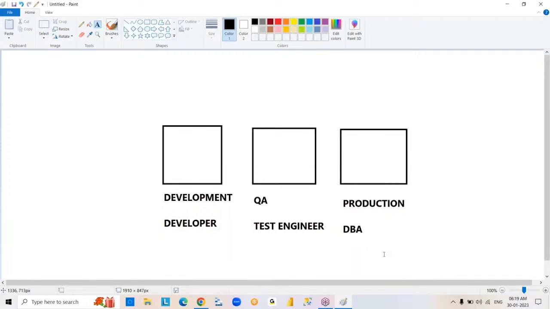We are going to work with different types of versions from SQL Server. Right. Okay, now